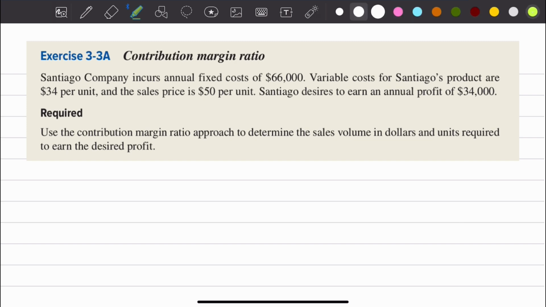Okay, let me highlight the data that we are going to use here. So the fixed cost is $66,000, the variable cost per unit is $34, the sales price per unit is $50, and the target profit or the desired profit is $34,000. So let's quickly remind ourselves of the formulas that we're going to be needing to find our answer here. The question is specifically asking us to use the contribution margin ratio. So let's remember how to calculate first the